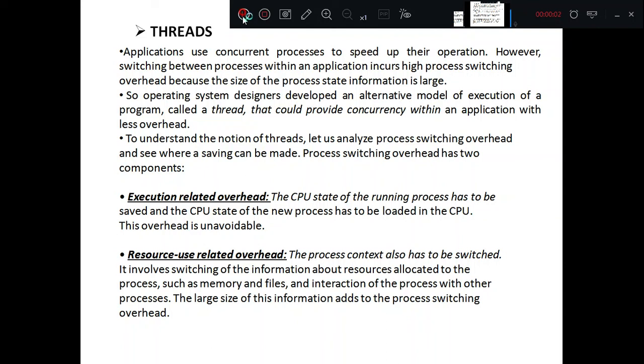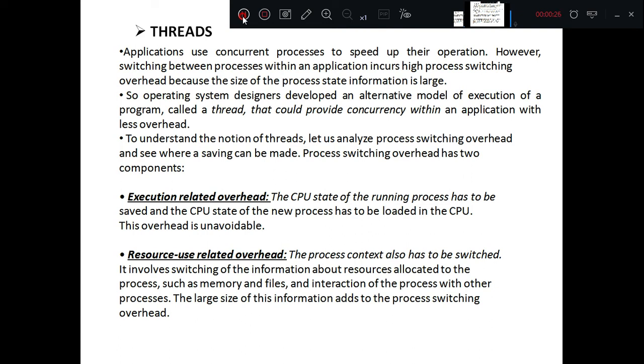Good morning, students. So in the last class, we were discussing two scheduling strategies. One is preemptive and non-preemptive scheduling techniques, and we have also seen what are the different types of schedulers which are in practice. That is short-term scheduler, long-term scheduler, and medium-term scheduler. And we have also seen the functions associated with those schedulers.